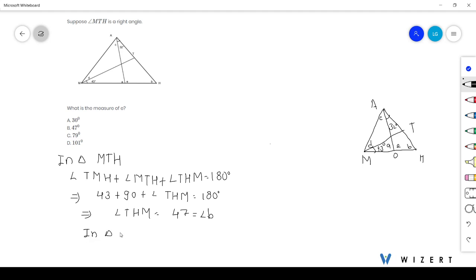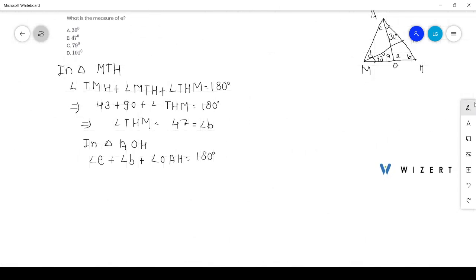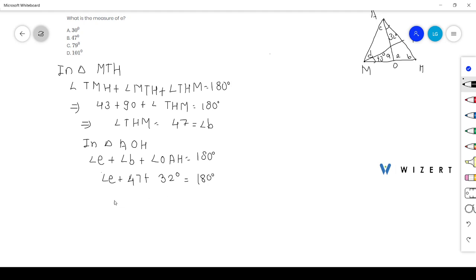Now in triangle AOH, angle E plus angle B plus angle OAH equals 180 degree. So here, angle E plus 47 degree plus angle OAH, which is 32 degree, equals 180 degree. So angle E will be 180 degree minus 47 degree plus 32 degree, which is